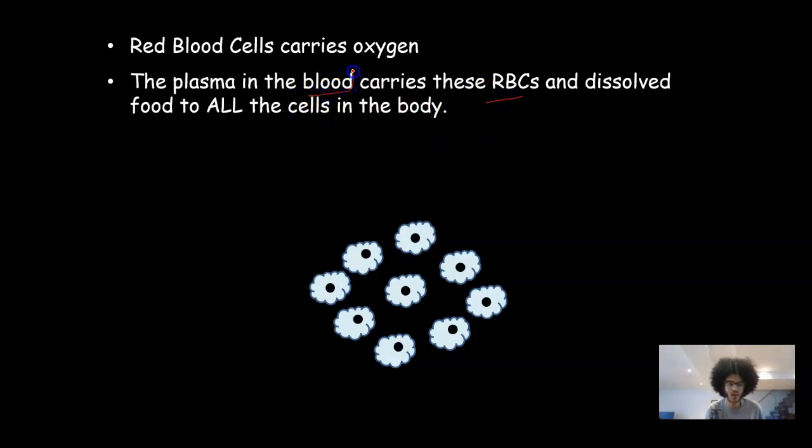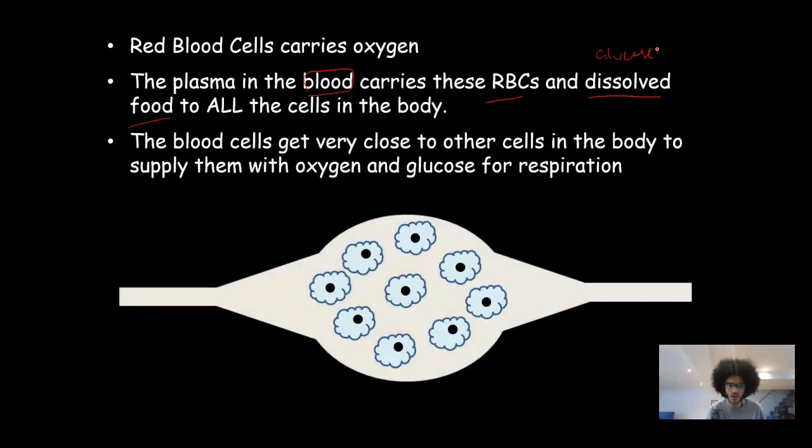Now, the key thing is it's blood and it's also glucose, which is basically the dissolved food, and it can carry other stuff like amino acids and what have you, but the main thing we'll focus on is blood and glucose. Okay. Now, the blood cells get very close to other cells in the body to supply them with the oxygen and glucose for respiration. And hopefully you may remember from previous learning that respiration is oxygen plus glucose react to form carbon dioxide